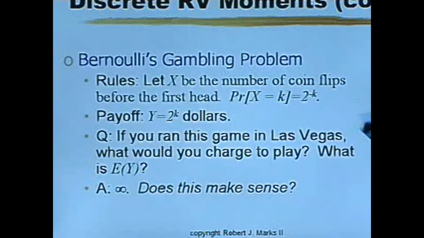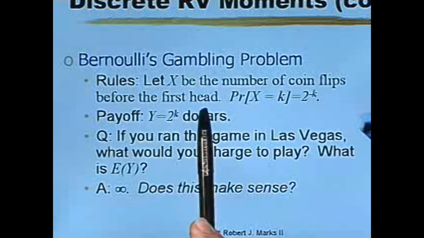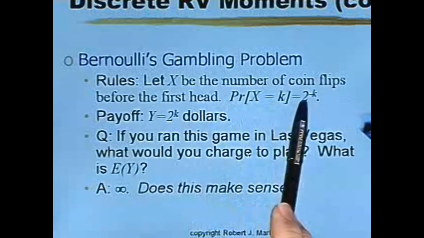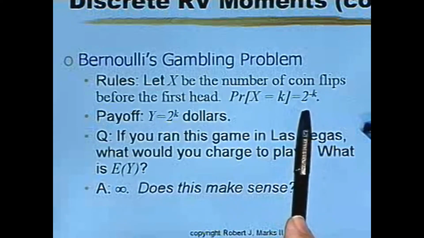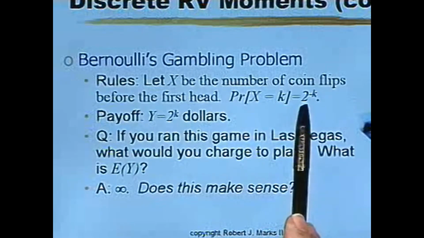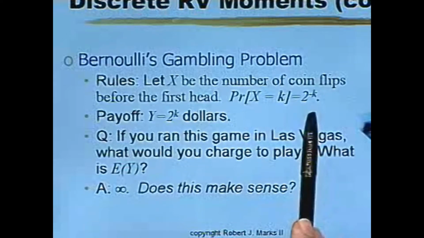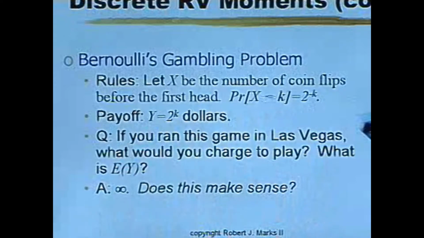So let's take a look at this specific game. Let x be the number of coin flips before the first head. Clearly, the probability that x is equal to k is equal to 2 to the minus k, where k is the number of flips. So the probability it takes me 3 flips, a tails, tails, heads, is 2 to the minus 3, or 1/8, right? The payoff is 2 to the k dollars. In other words, I take how many times you flipped, I take $2 and raise it to the kth power, and I pay you that amount of money. So what we want to do is compute the expected value